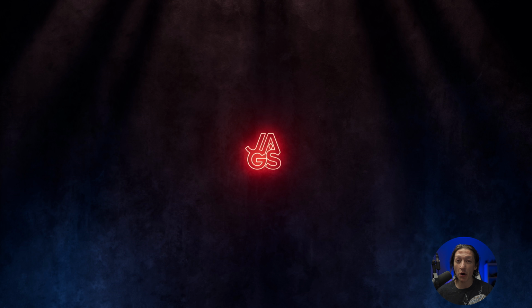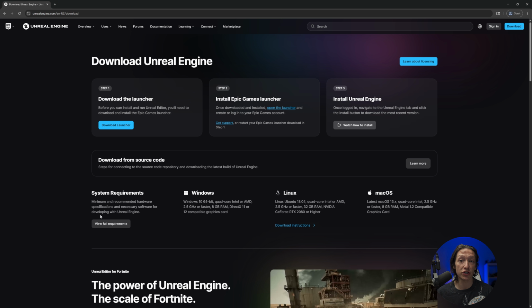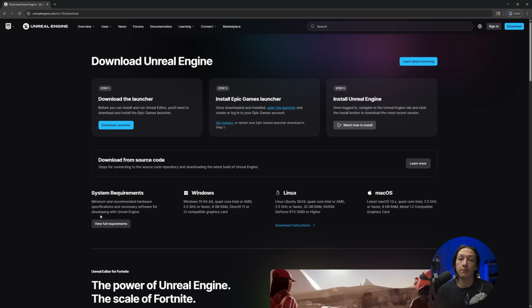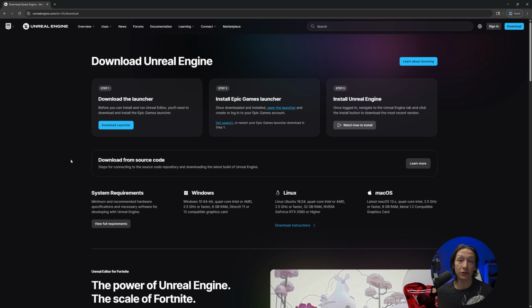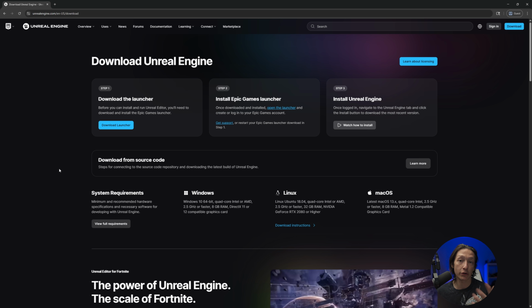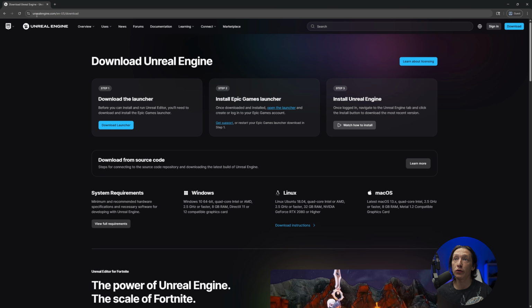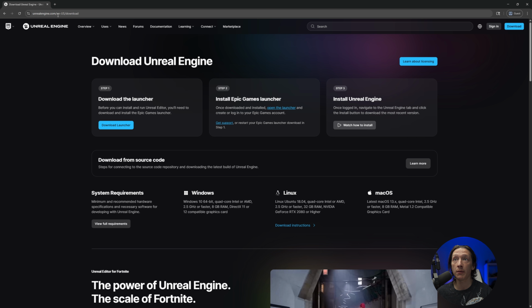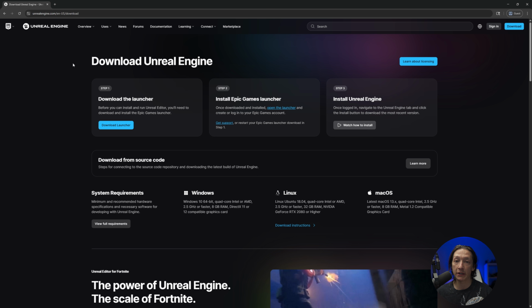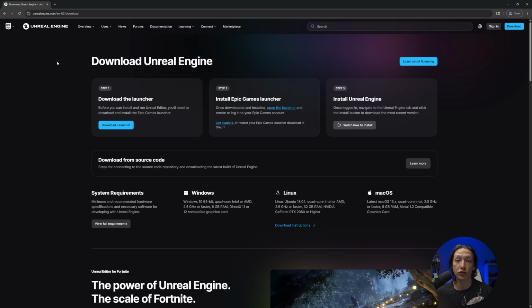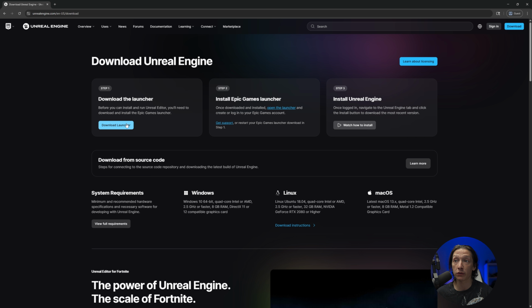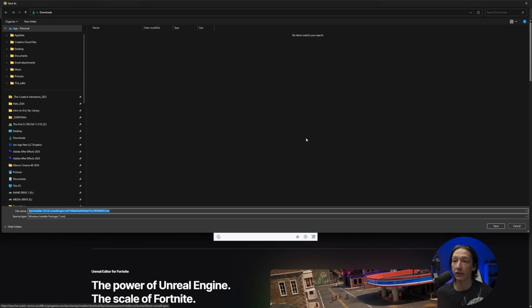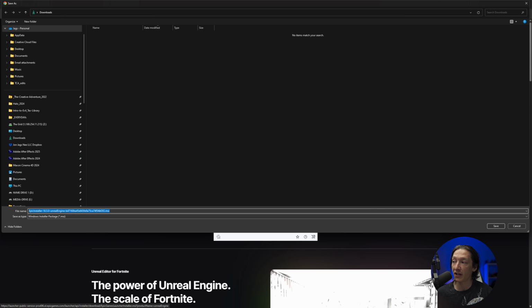I'm assuming you already know how to install stuff, but if you don't, that's okay. If you're just getting started with 3D art and making content in general, you're going to need to go to the internet and download the Epic Games Launcher. It's like downloading any other software, and to do that, you're going to go to unrealengine.com/blah blah blah. It'll be somewhere in the links below, or you can just Google download Unreal Engine and find it there. You'll download the launcher, and then once you download, it'll ask you to save all this stuff,